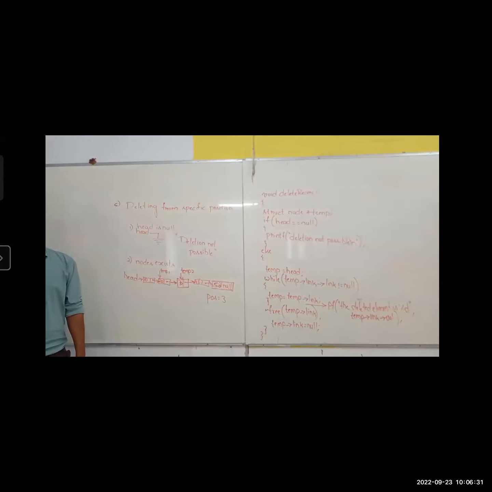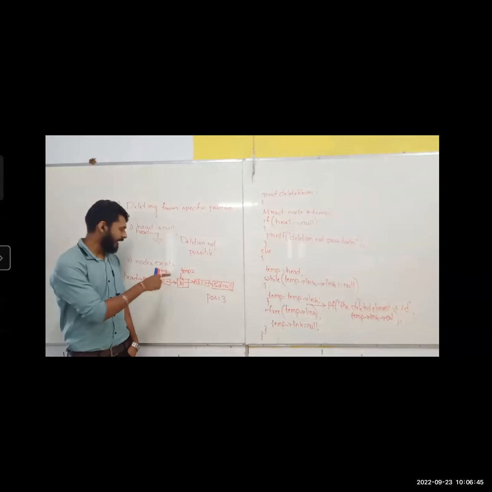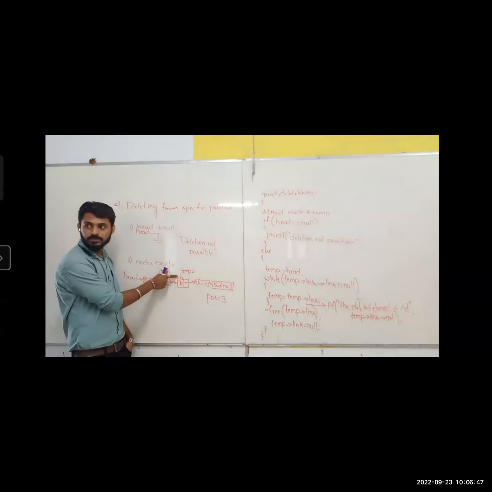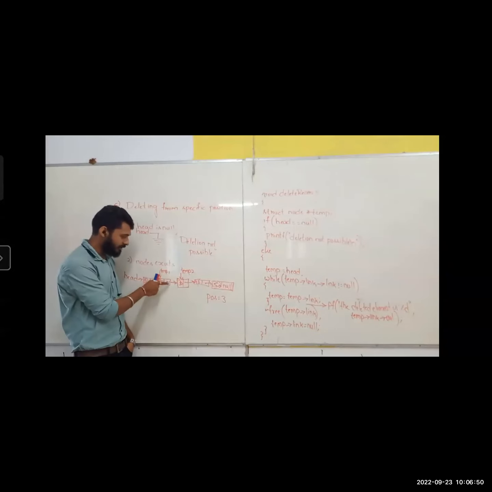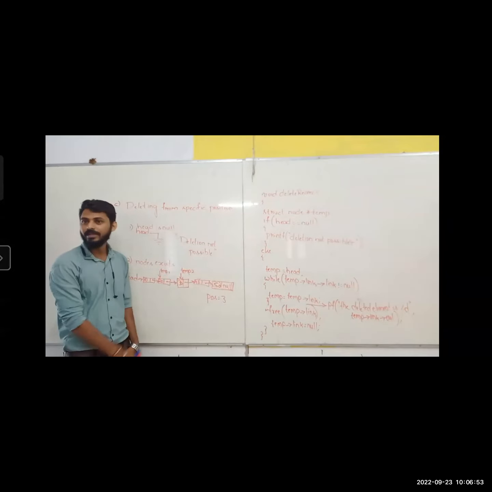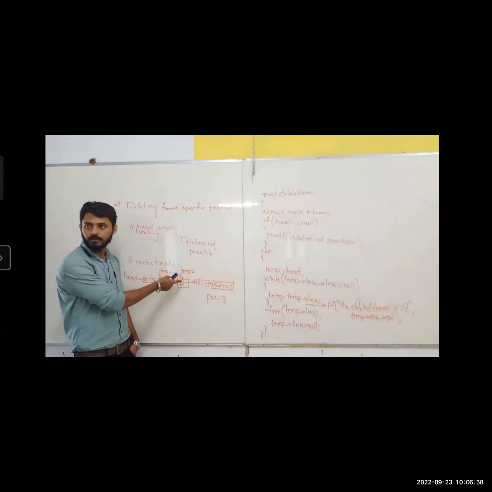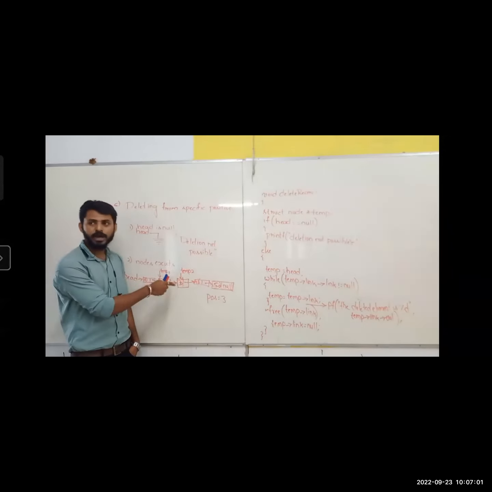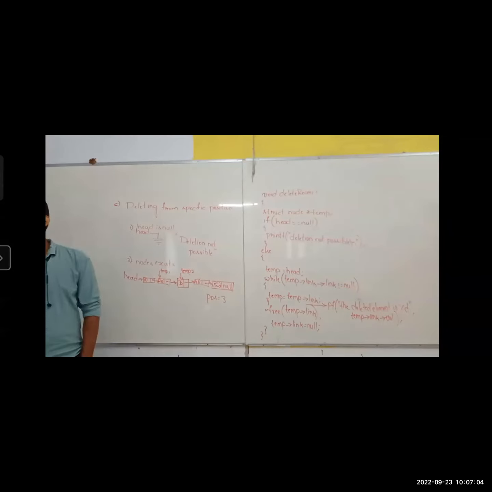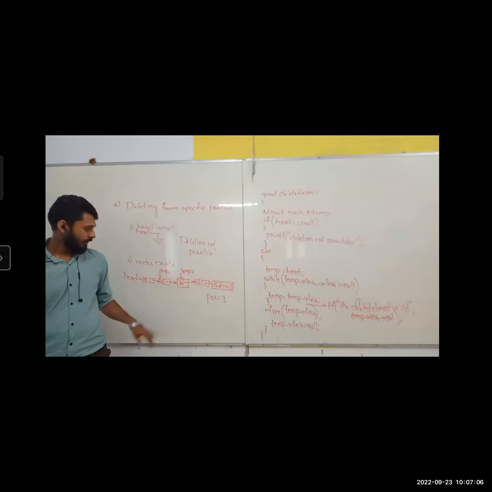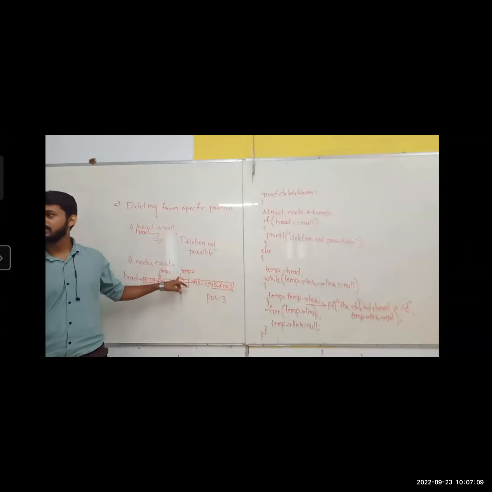Temp 1's link points to temp 2, is it right? Wherever temp 1's link is pointing, I want my temp 2 to point to that place. Or in other words, temp 2 should point to the same place where temp 1's link is pointing. Where is temp 1's link pointing? Here. Same place temp 2 is pointing. Are temp 1's link and temp 2 pointing to the same place or not? Yes or no? Sir, it is pointing here, it is pointing here. No, it is different. Is it different?